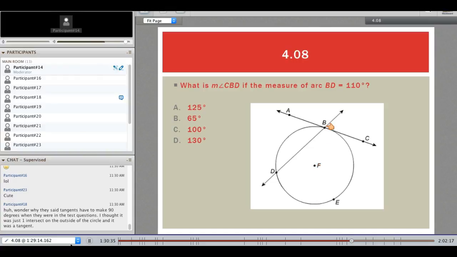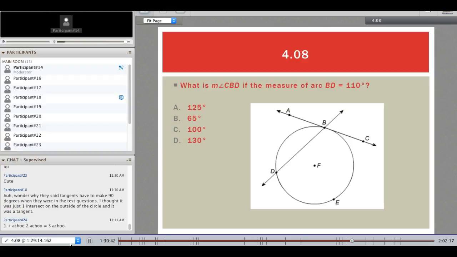But if it was from B to F, then it would be 90 degrees, which does make sense, right? Like if you think about that, if we had drawn the